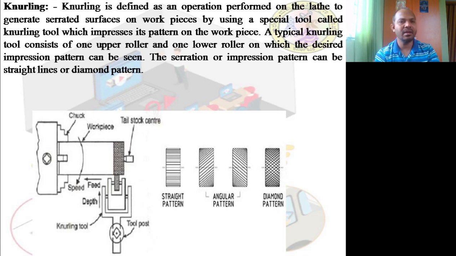Knurling also allows hands or fingers to get a better grip. For example, you might have seen almirah doors or whatever it may be; if you want to open and close it, you always expect some grip to be there. Is it clear? A grip on a knurled object is provided on originally smooth metal surfaces. So that is what we call knurling.